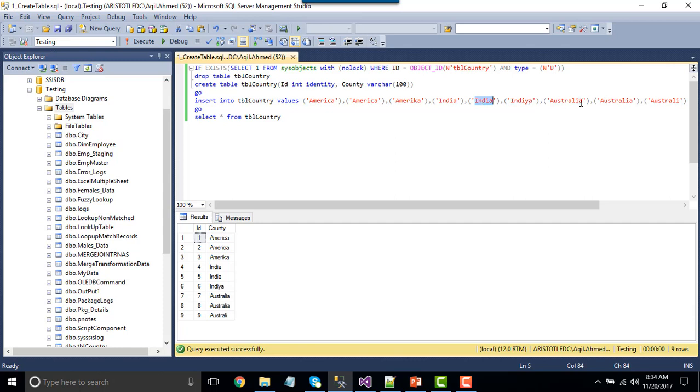And similarly, we have 2 correct names for Australia. These are the correct names, and for the third name the A is truncated. So if you have truncated words or wrongly typed words for a small number of records and most of the data is correct, then you can correct those wrongly typed or truncated words using the fuzzy grouping transformation. The fuzzy grouping transformation will correct this wrong word, this wrong word, and this wrong word into the correct word. So let's see how we can do that using the fuzzy grouping transformation.